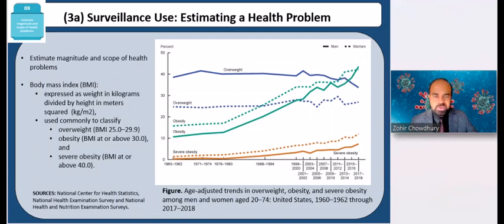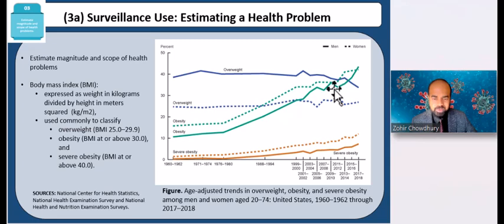Surveillance can also help us to estimate the magnitude of a health problem, such as a public health problem. In here, you can see results from the 2017-2018 National Health and Nutrition Examination Survey using measured height and weights. And this indicates an estimate of 42.5% of US adults aged 20 and over have obesity, including 9% with severe obesity, another 31.1%